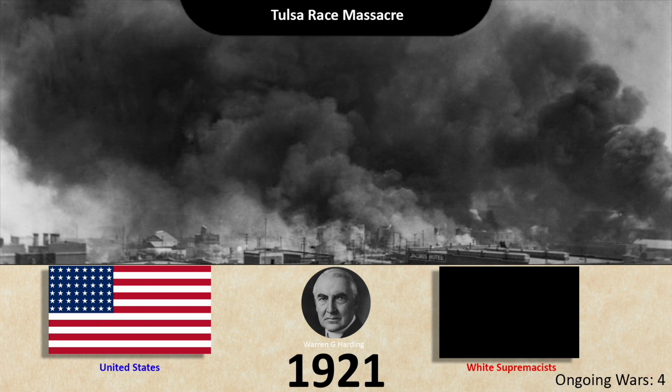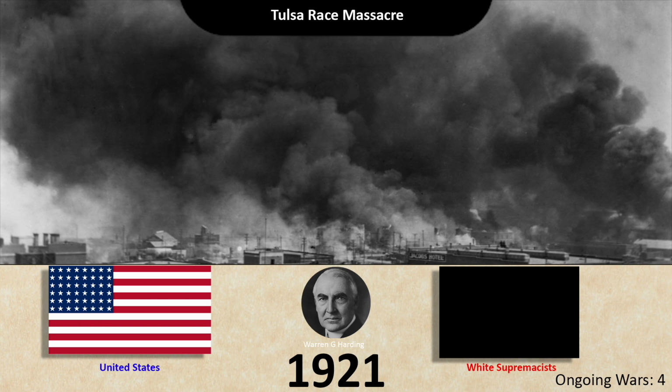Upon hearing reports that a mob of hundreds of white men had gathered outside the jail where Rowland was being held, a group of around 75 black men, some of whom were armed, would arrive at the jail to ensure that he would not be lynched. The sheriff would attempt to persuade the group to leave the jail, and an elderly white man would approach an African-American man and demand him to hand over his pistol. The African-American man refused, and the white man attempted to disarm him. The white man would then be shot, and 10 white people would be killed and 2 black people would be killed,